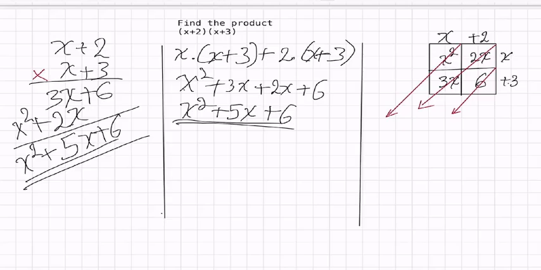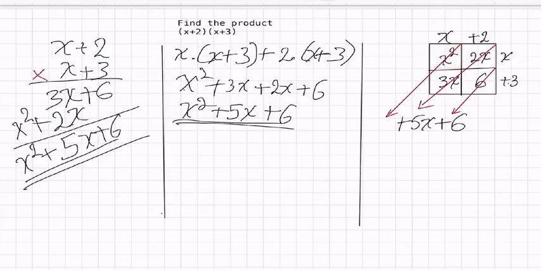Now let's add. This one is 6, then 2x plus 3x is 5x, plus, again, we have this x squared,